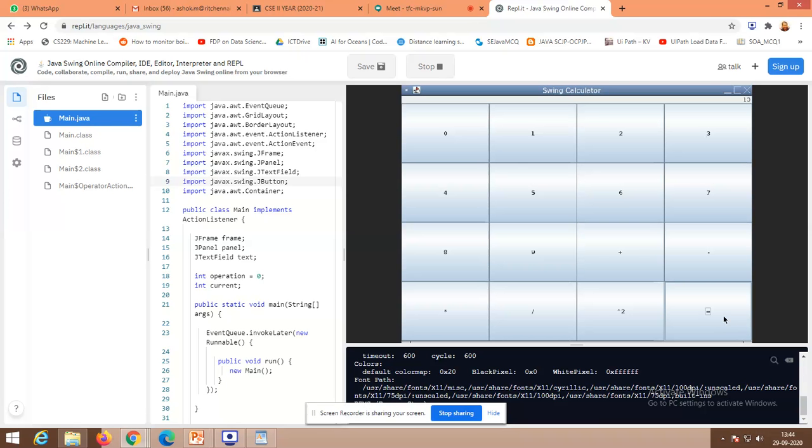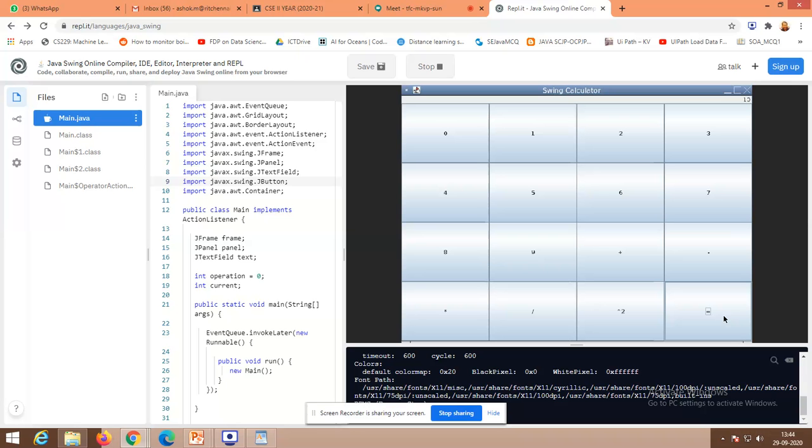So that could be the case that you have to do the action or event handling part. What are all the event handling parts you have to do here? Remember, while you are going to click the button, the corresponding button value must be displayed in the text box. That is the first one.